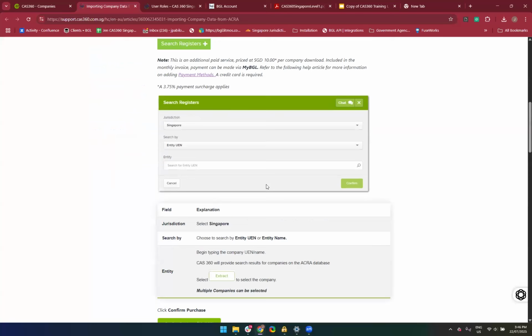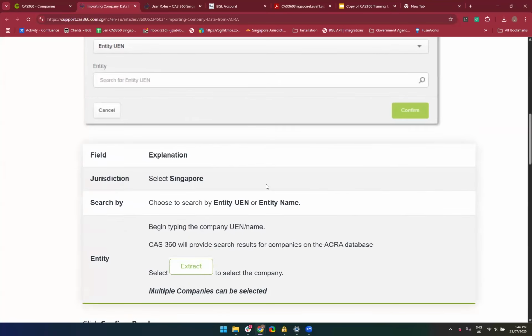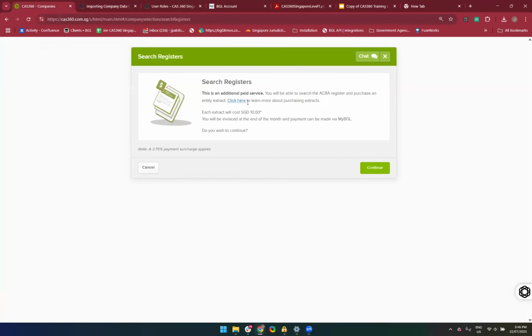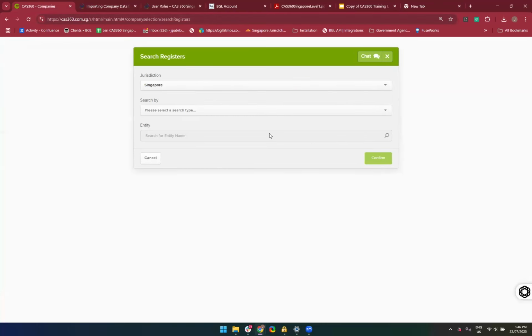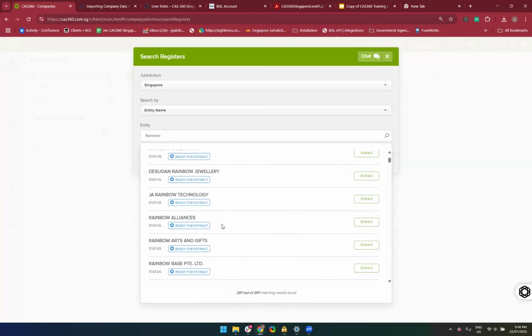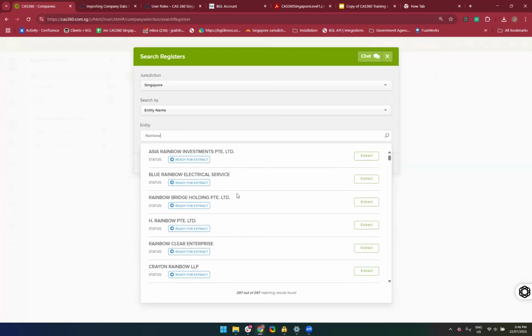Now, with search registry, you also have the ability to extract multiple companies. So if I were to go, for example, over here, I click continue. I can search based on a UEN or company names. If I, let's say, want to search for Rainbow Company, CAS 360 is able to read through ACRA's database to detect which of the companies have this keyword. So you can extract, for example,